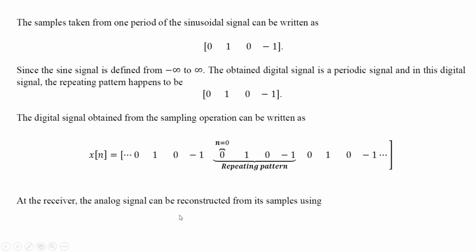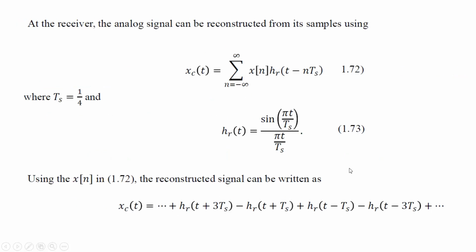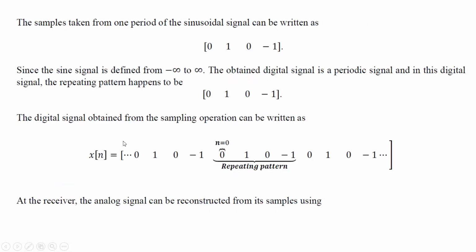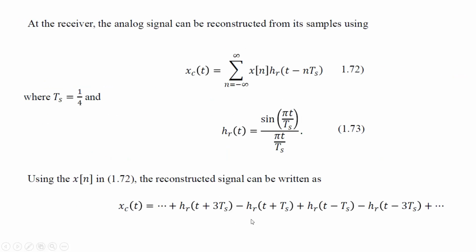If you see the repeating pattern, some of the values are zeros, some are ones and some are minus 1. Accordingly, with the multiplication of the digital sequence with this impulse response, you will see that the continuous time signal will be represented by these values, hr of t minus Ts and so on. So all these values can be obtained by multiplying the input sequence, which is this repeating sequence, with this pattern as the repetition pattern, and we can obtain this sequence.